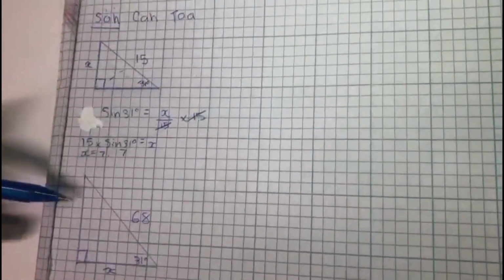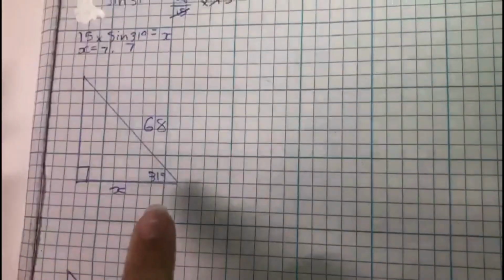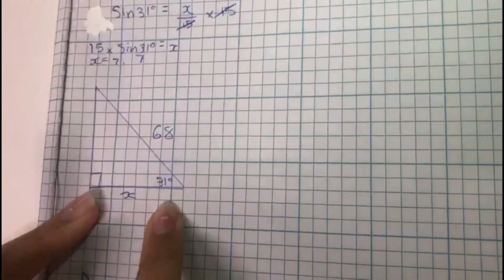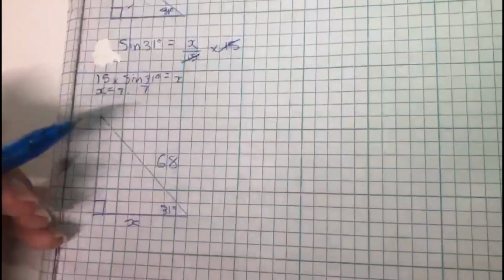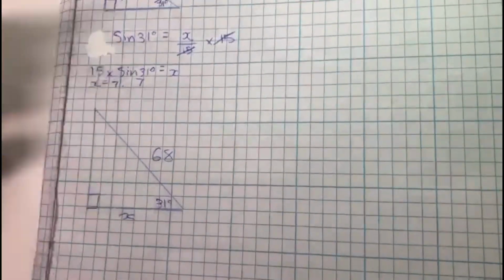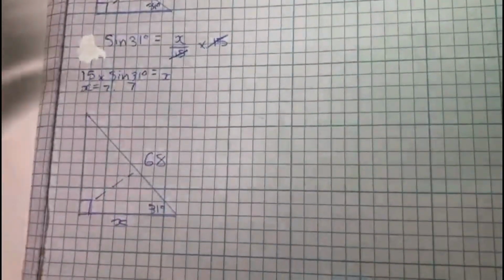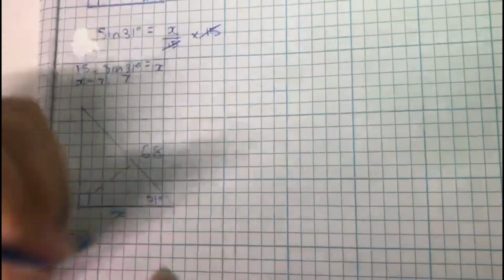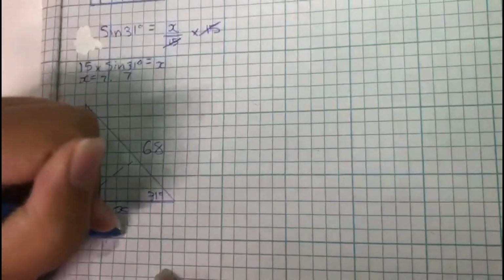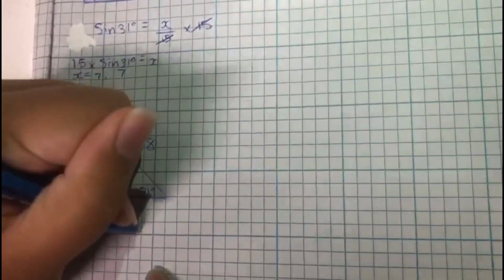Alright, for our second equation, we're going to be following CAH, which is cos. For cos, there needs to be an adjacent. Adjacent is when it's between the angle and the right angle. Then we also need hypotenuse, which again, as I said before, is the biggest side, or another way to tell is if it's directly across from the right angle. So we need to write cos, write the angle, which is 31 degrees, equals adjacent over hypotenuse, which is x